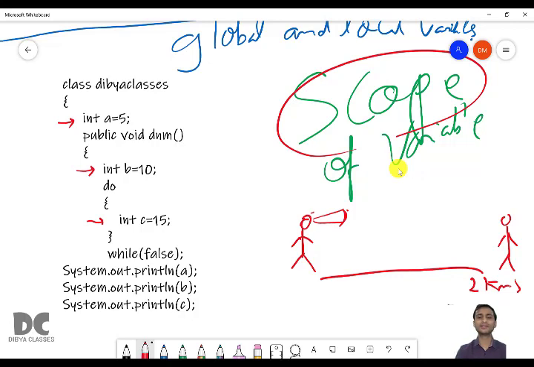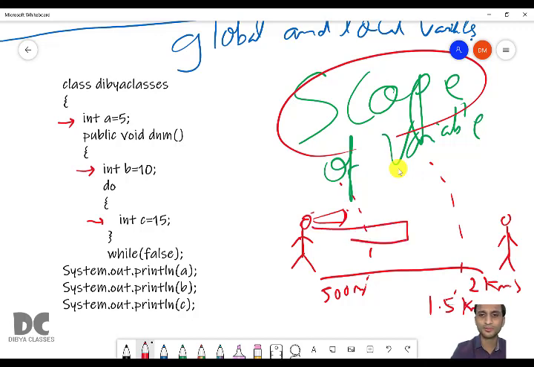You are doing nothing but increasing the scope. For example, with your eyes you can see only 500 meters. That is a scope. That is a limit. A scope tells the limit. Beyond that you cannot see anything. When you use binoculars, you can see 1.5 kilometers. When you use a telescope, it is more powerful. You can see till 5 kilometers. So this is called the scope. Scope means how far it can be used, or it can be seen. Clear?